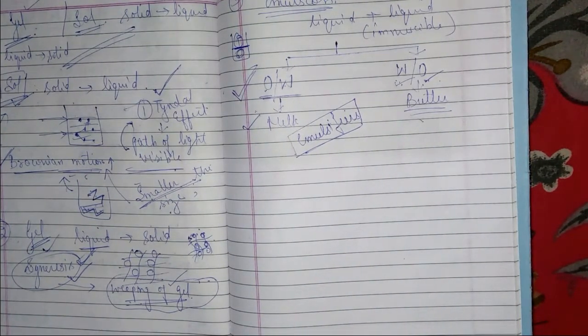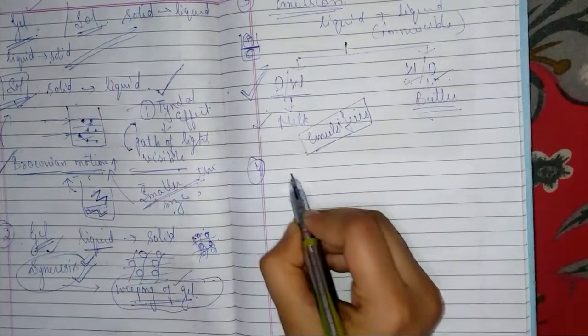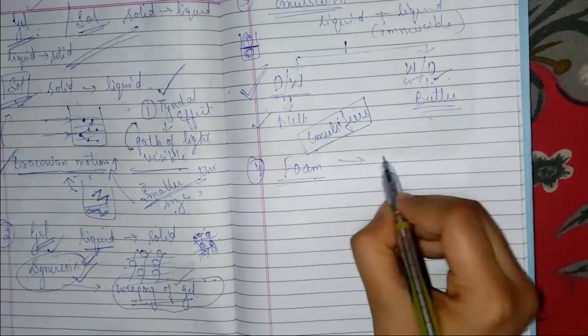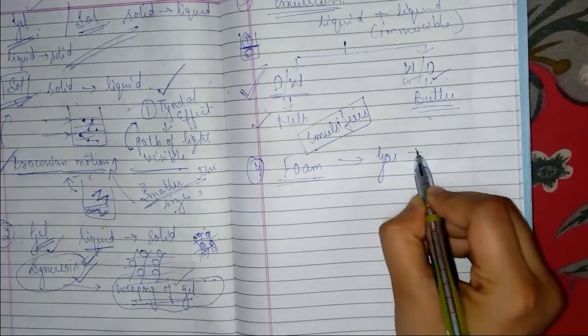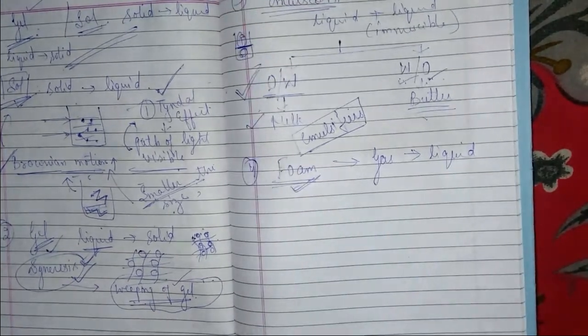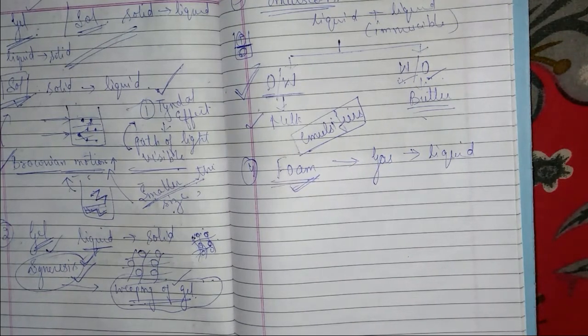After emulsion, we will be talking about foam. Foam means when we incorporate gas in liquid, so foam will be formed. And the examples are whipped cream, ice cream, cake, bread. In all of these we have to incorporate gas into liquid so that it can give a fluffy and a very porous structure. So there we need foam.